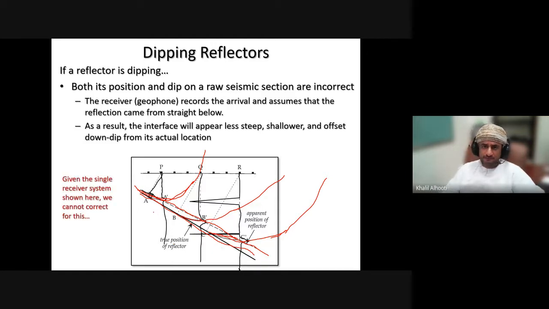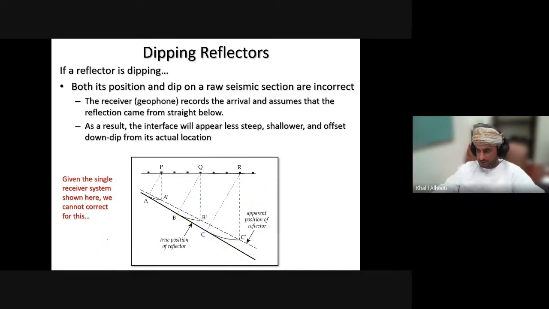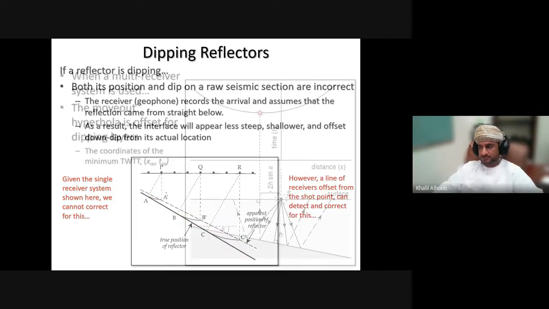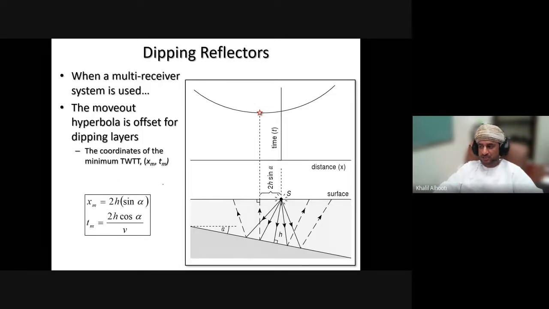In general, if there is a dipping, the reflection will appear up dip. So this is the true layer, whereas your reflection will appear up dip, and it will appear gentler. To correct it, you need to do migration. You need to do migrations. So for dipping layers,